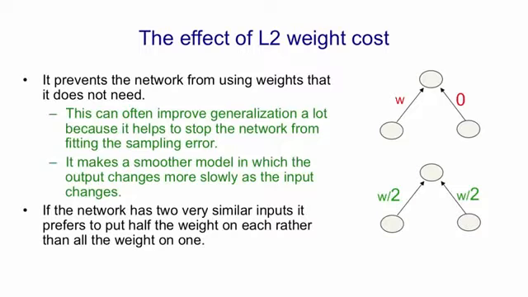If the 2 inputs are very similar, those 2 networks will produce very similar outputs, but the one with the halved weights will have much less extreme changes in its output when you change the inputs.